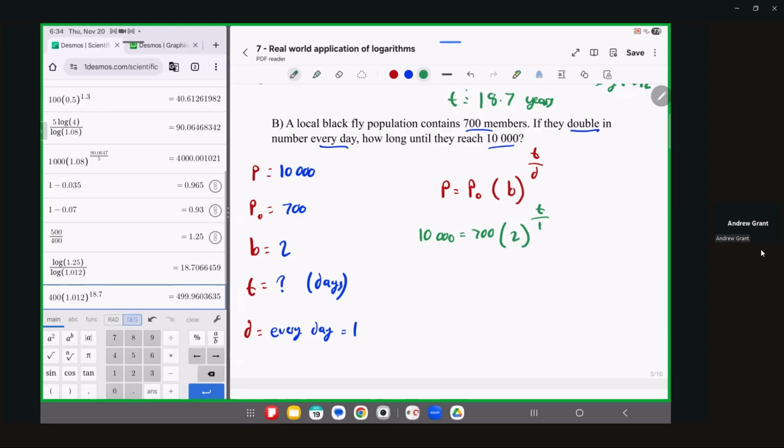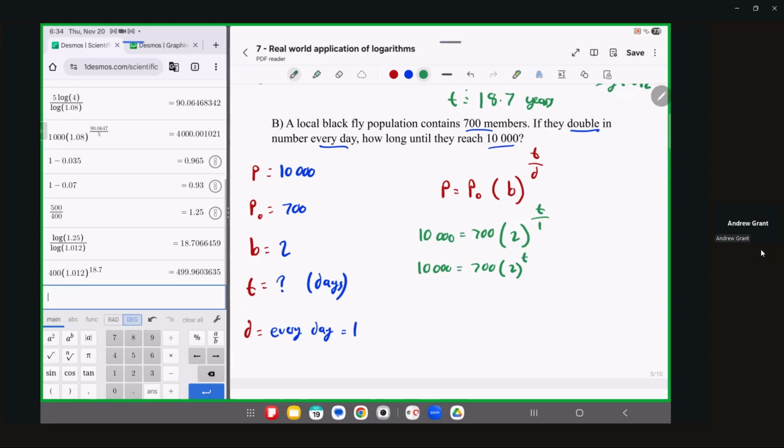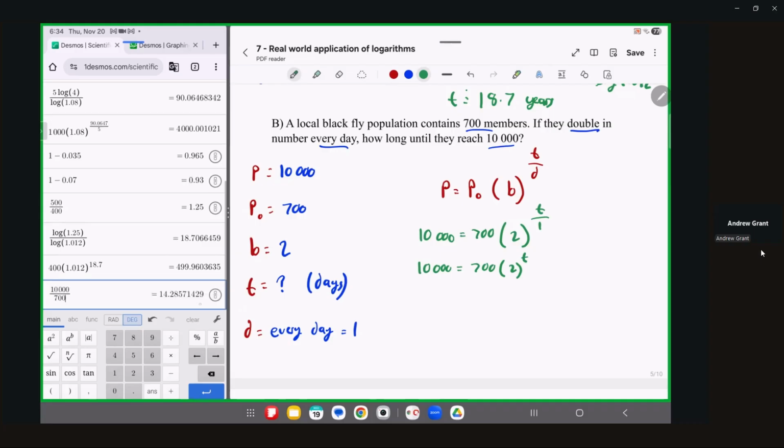And so we got a little bit more space. So we can rewrite this as 10,000 is equal to 700 times 2 to the power of T. And from here, we go ahead and solve. So we want to take our 10,000 and divide it by 700. We don't get quite a nice number, but it does reduce down to 100 over 7. So we can say 100 over 7 is equal to 2 to the power of T. Rewriting this in exponential equivalent,